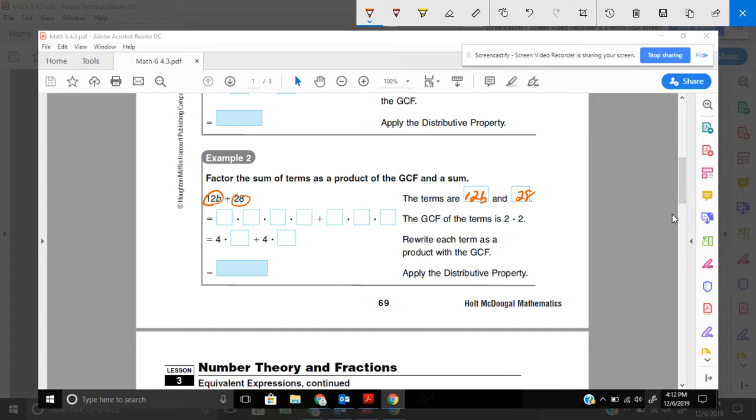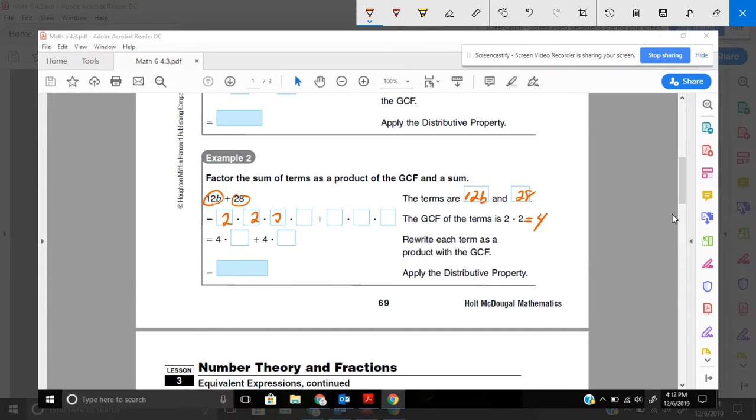Okay. In other words, 2 times 2 is 4. That's kind of a weird way to think about it. But if we could rewrite 12 as a common factor of 2, we would say it's 2 times 2, which would be 4, times